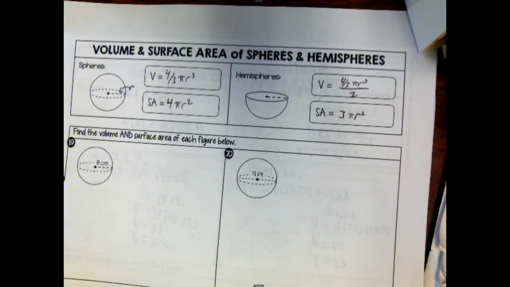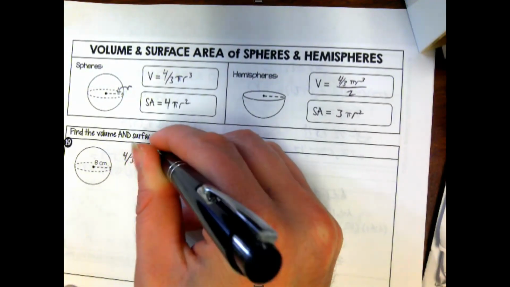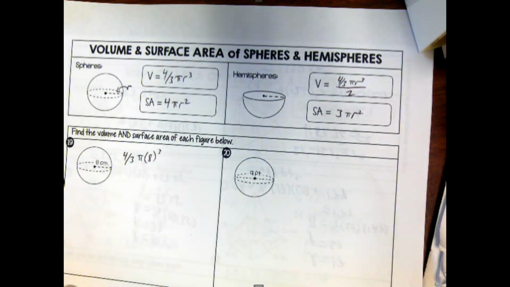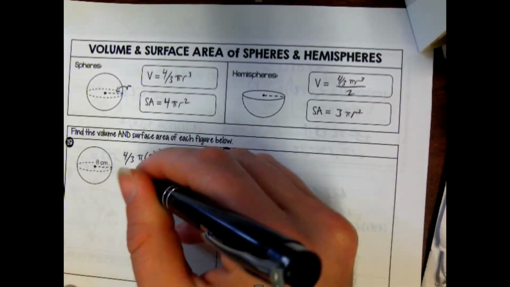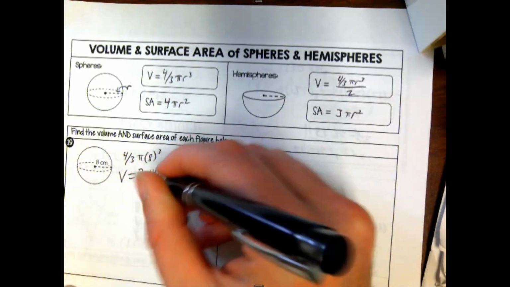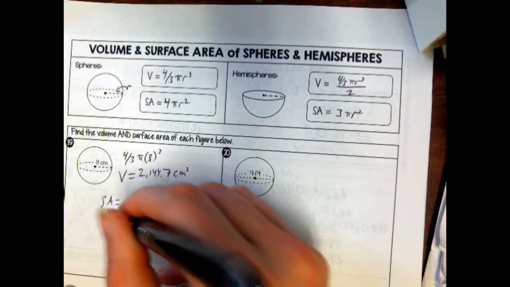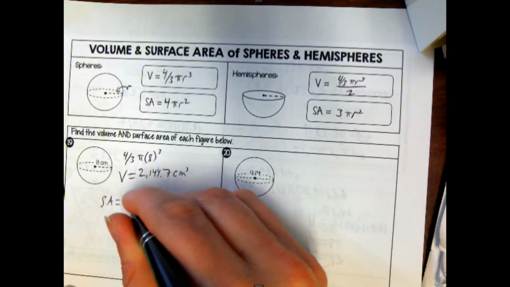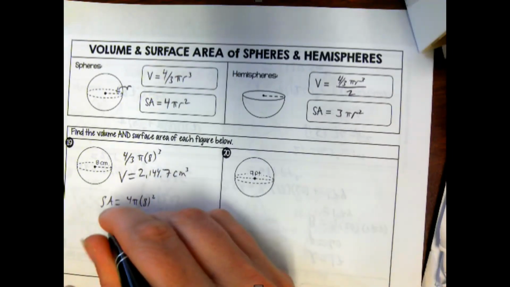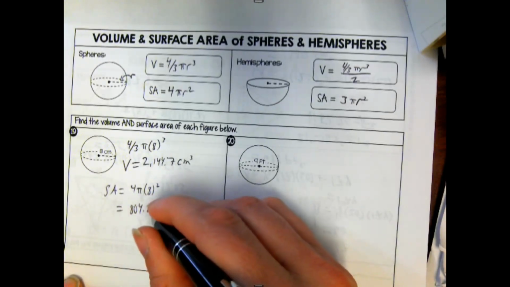So to find the volume of this sphere, I would need to first know the radius. The radius is 8. So it's going to be 4/3 times pi times 8 cubed. You just dial that into the calculator or use 3.14 if this is Alex. And the volume is going to equal 2,144.7 cubic centimeters. The surface area is going to be 4 pi times 8 squared, which equals 804.2